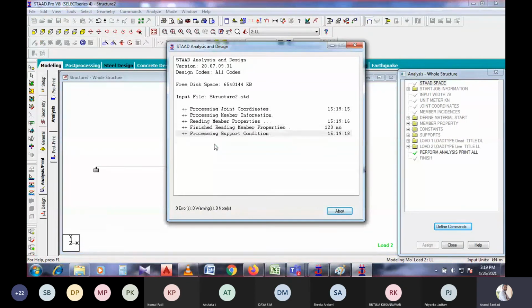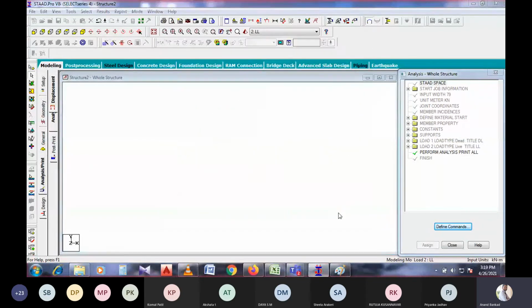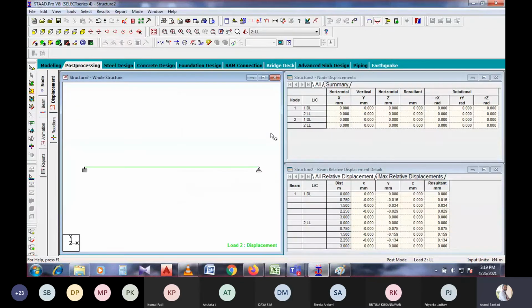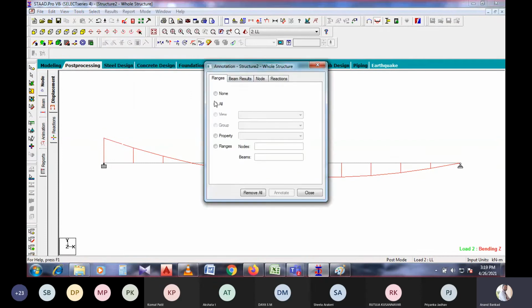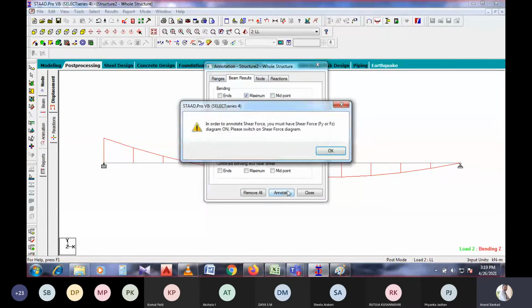So did you people calculate the value of bending moment? So now we have got this. Go to post processing mode and then just apply these selected dead load, live load, and then OK. So here the deflection is not needed, the bending moment is needed over here. The result for this bending moment is to be taken here, results, and then view values in the bending moments as maximum. Right, and the shear force we need at the end. Right.